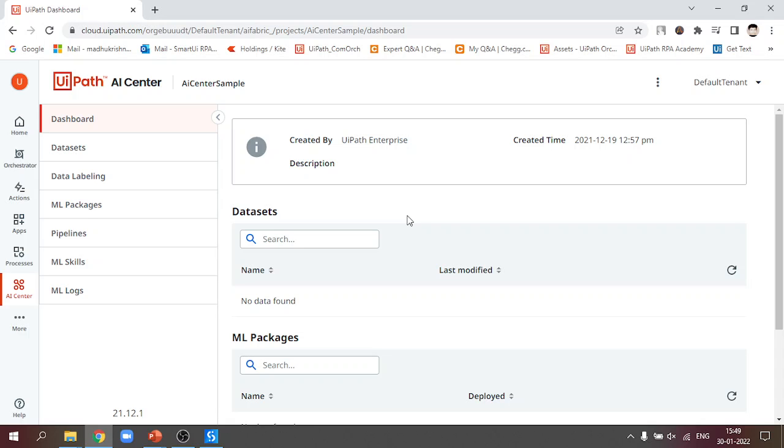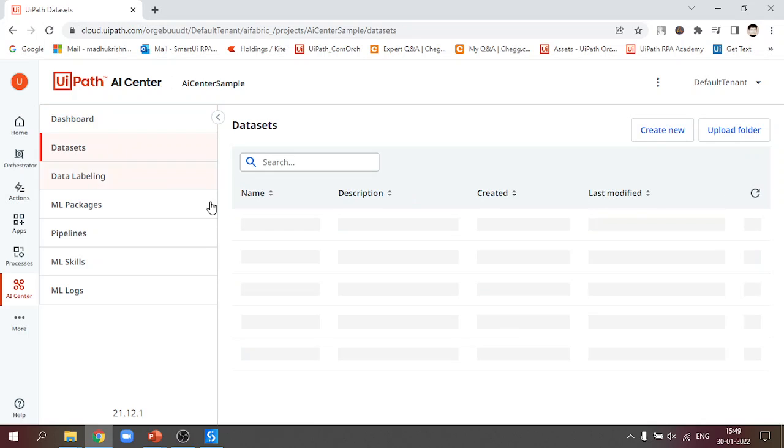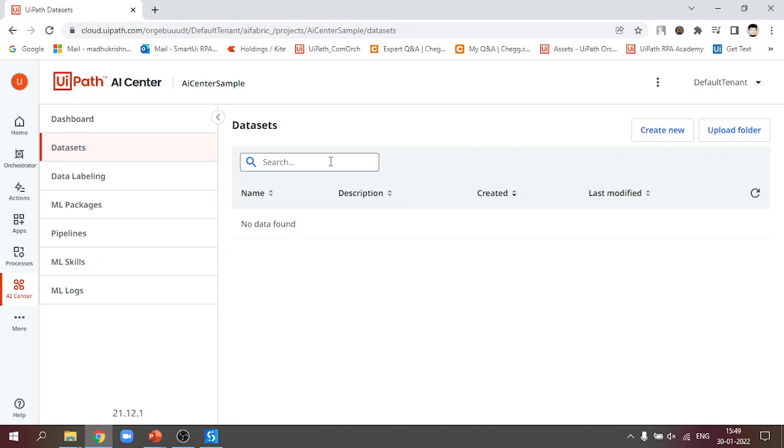And next would be datasets. A dataset is nothing but a storage folder which contains arbitrary files and many subfolders. This is the place where we store all the information, for example JSON files, CSV files, image files.